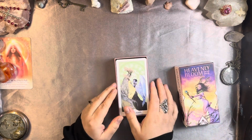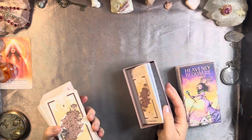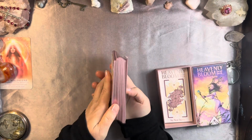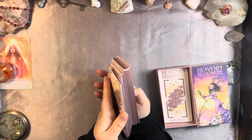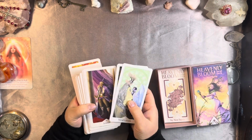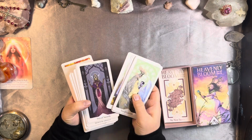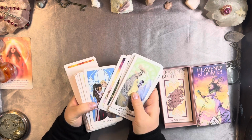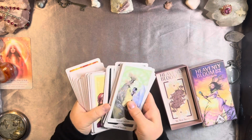So the first one is Heavenly Bloom Tarot by Noel. And this is absolutely gorgeous and lovely. We have this beautiful pink rosy gilding, which I absolutely love. There is this gorgeous, lovely, soft, flowing, fresh. This deck just feels fresh and beautiful, and